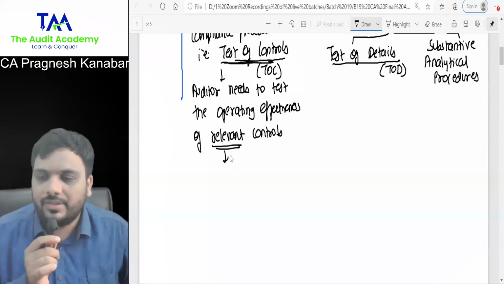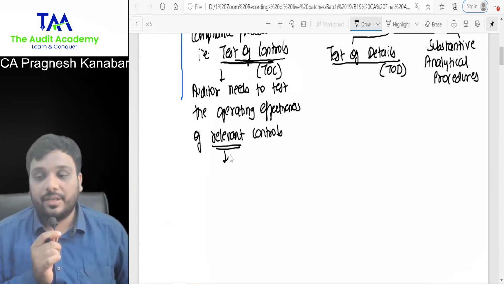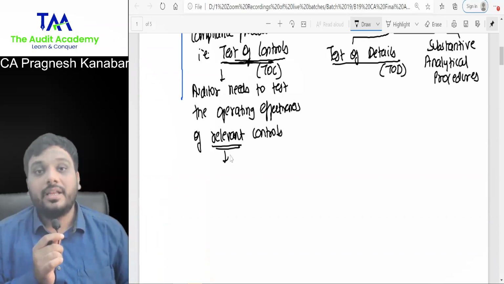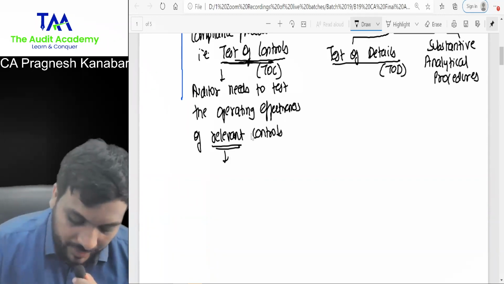Very good. Yes. Dhruvin, Nishika, very good. You have found deviation. Yes, Rakshak. A little bit different in your word, but very clear. All right. You have found a deviation. Okay. So the auditor needs to test the operating effectiveness of relevant controls